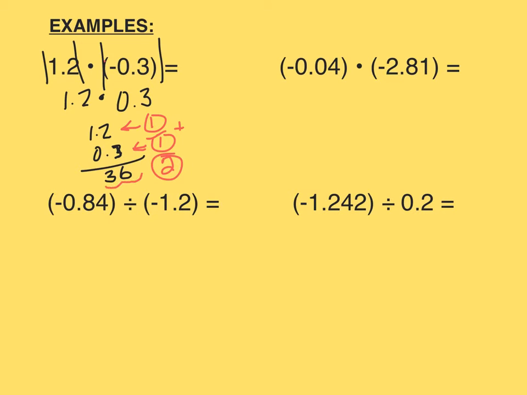I start here: 1, 2. My decimal goes right in the front. So the answer is 0.36. And then I look back and I see that there's 1 negative sign, which is an odd number. So therefore my answer is negative 0.36. Moving right along here, my next multiplication,